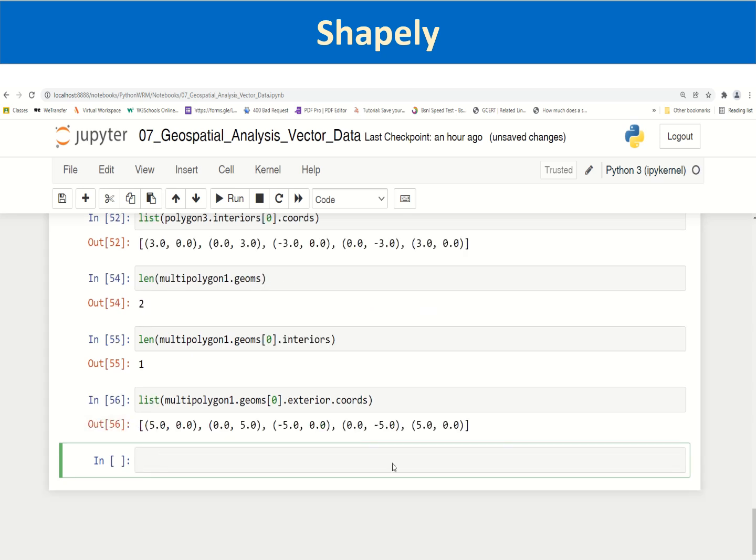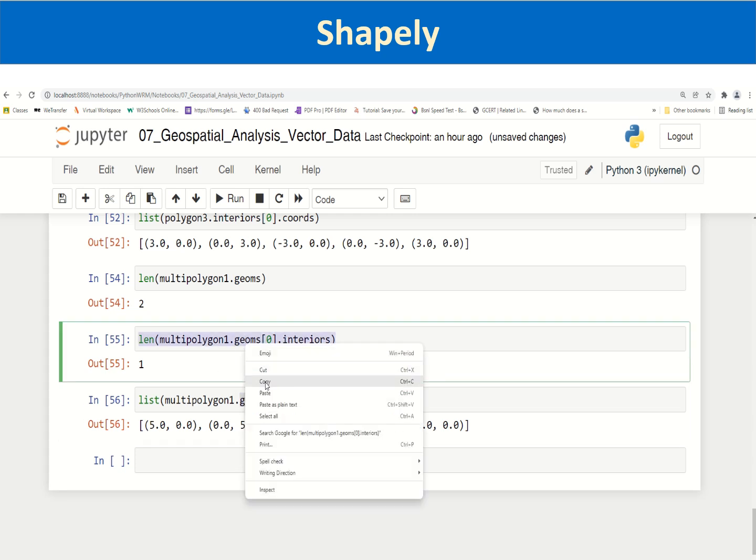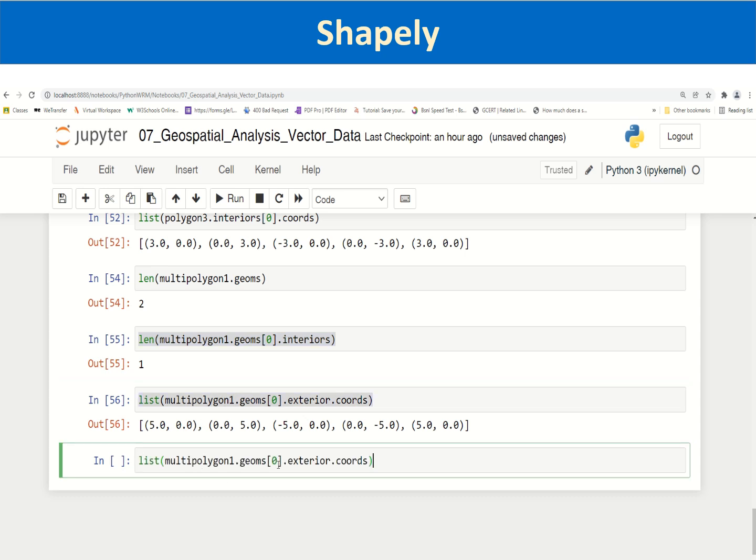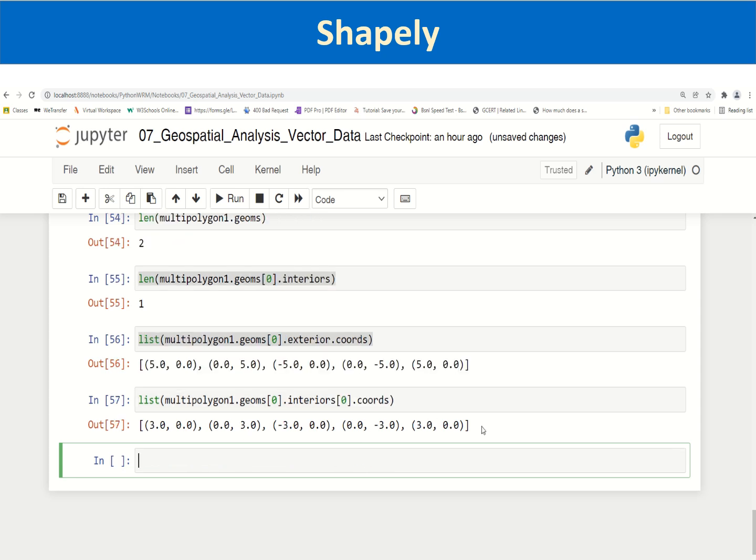These are the external coordinates of the first polygon making the multi-polygon. Similarly, you can list out the interior coordinates. Because there is only one interior,